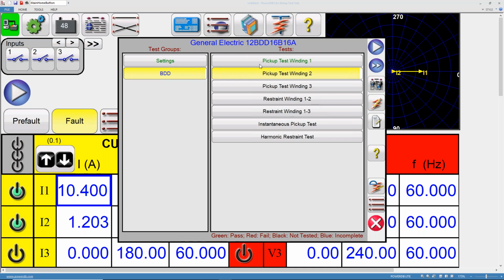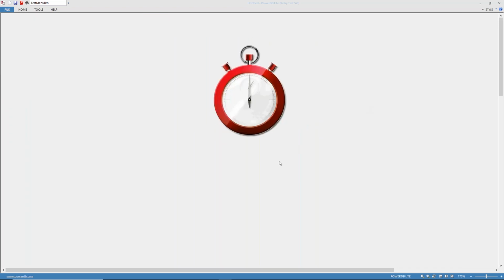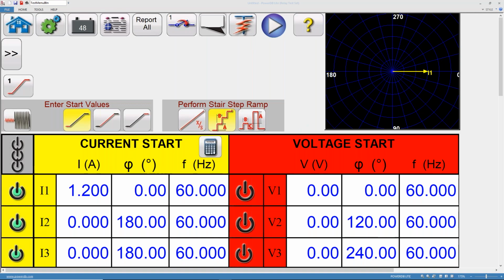So in here we'll have the 1st winding pickup. We'll do a 2nd winding pickup. We're going to do the restraint pickup. We're also going to do the instantaneous and harmonic restraint. So the first one is just going to be using our ramp screen. We have our advanced ramp screen. We're going to give it a value that's a little bit less than the pickup value of